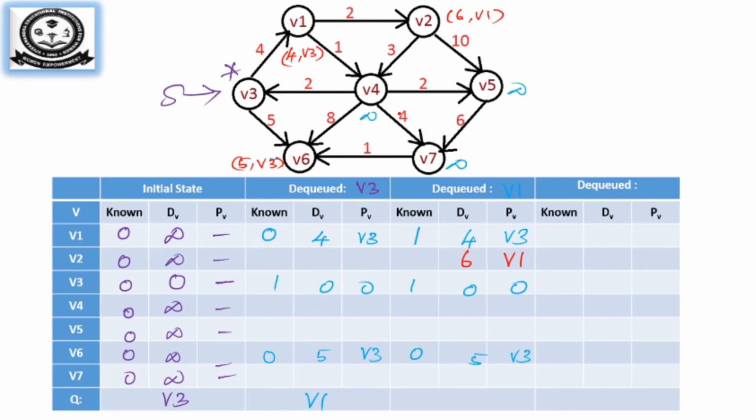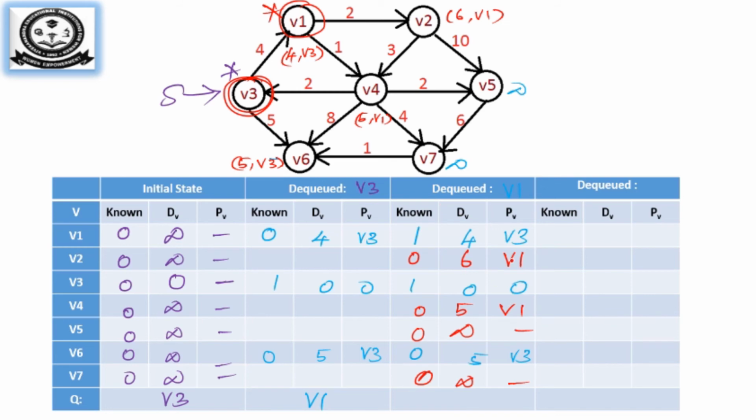Similarly from V1 I can go to V4 with the distance 4 plus 1, it is 5. So for V4 it is going to be 4 plus 1, 5. So you will have 5 comma V1. So now V1 is made a star. So we are putting a star over here, so we'll put double circles for our understanding. So rest will be 0, 0, 0, 0, 0. Sorry, here it is infinite, no previous vertex, and here it is 0, infinite.